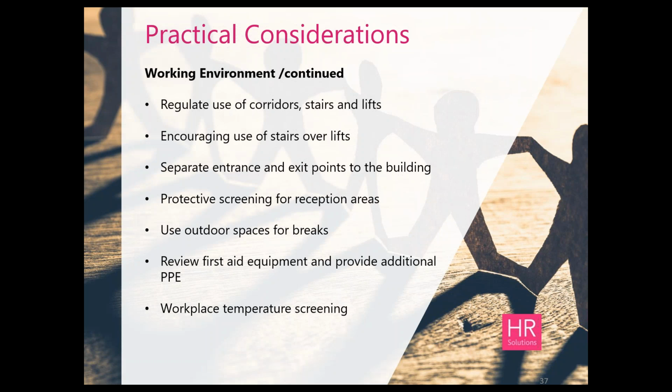You could also consider regulating the use of corridors, stairs and lifts. You could actually encourage the use of stairs over lifts, have separate entrance and exit points for the building, have protective screening for reception areas, and you can use outdoor spaces for breaks. It's worth reviewing the first aid equipment and providing additional PPE, and think about whether you want to consider workplace